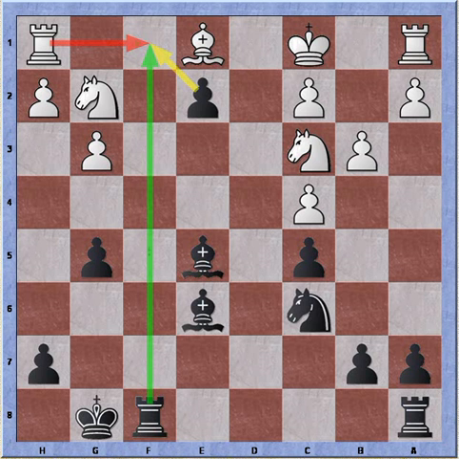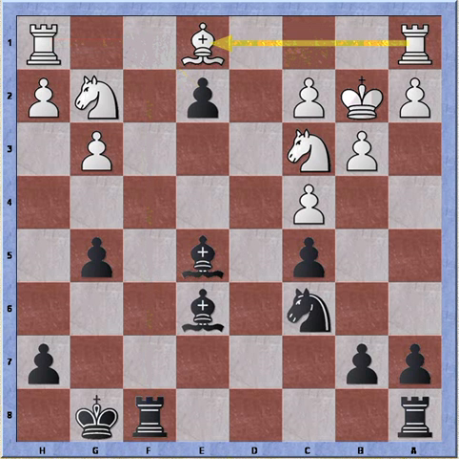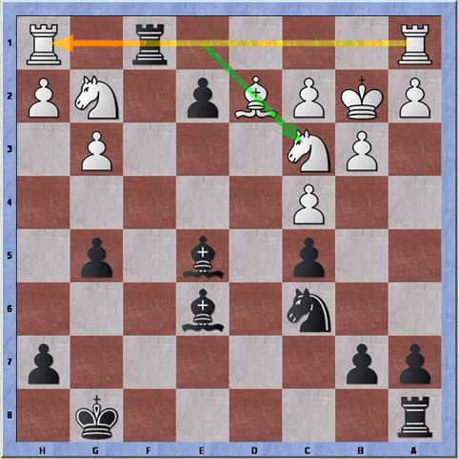So white needs to defend against that and plays king to b2, freeing up the a1 rook. So my rook goes to f1, and white plays bishop to d2 in order to still protect his knight on c3 and get two pieces on the defense on the first rank. So now if